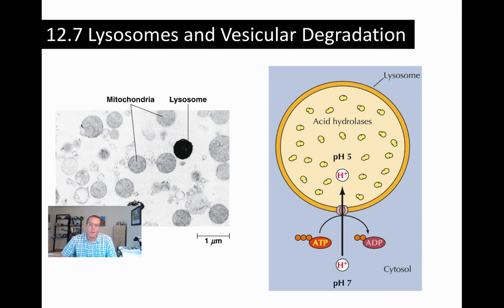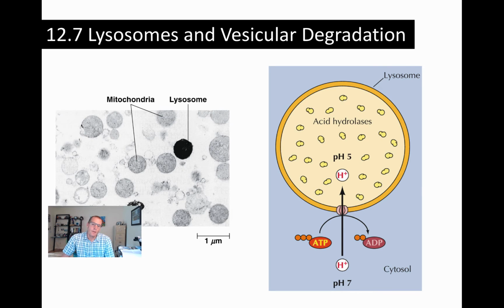The organelle varies in size and shape, usually around a half micrometer in diameter, and they're bounded by a single membrane. The luminal side of the membrane, so that's the inside of the lysosome, is coated with glycoprotein, and that protects the membrane from degradation. Otherwise, it would self-digest. The lysosome maintains an acidic environment inside the lumen, usually around pH 4 to 5, and